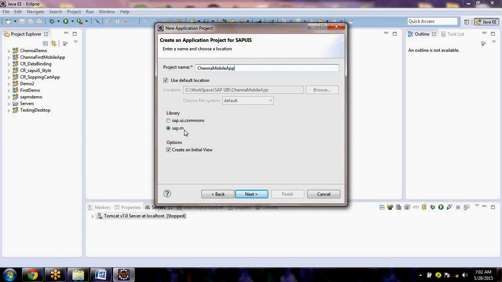Whenever you are creating a mobile application, try to select sap.m. Then remove this one; I don't want this right now. We can cover this tomorrow. Tomorrow mentally fix 2.5 or 3 hours, and Sunday also the same. Okay, click on finish. So I created a mobile application.